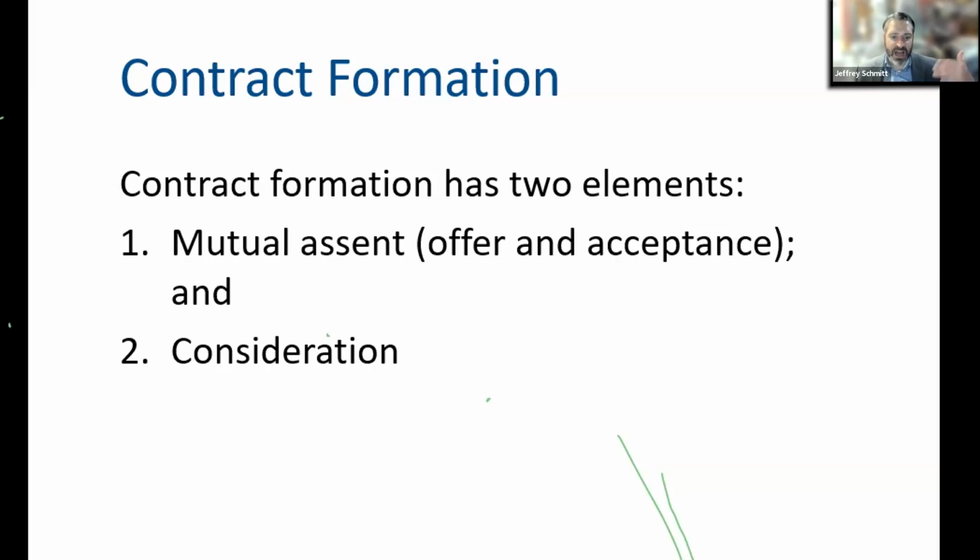With contracts, we start with contract formation. We're then going to cover alternative theories of liability, restitution, promissory estoppel. What do you do if you don't form a contract? Then we're going to look at things like the meaning of the contract. Does it have to be in writing? Is it enforceable? What do the terms mean?